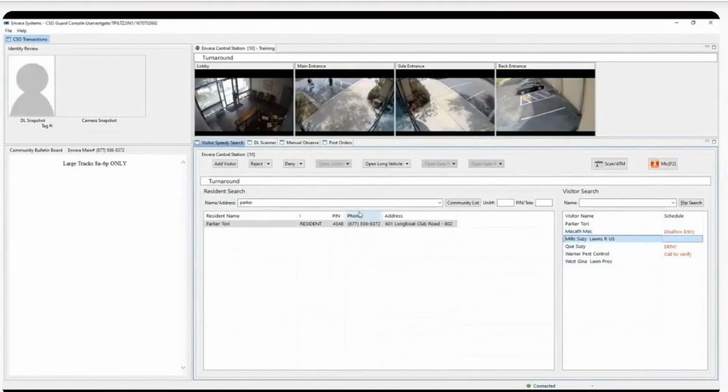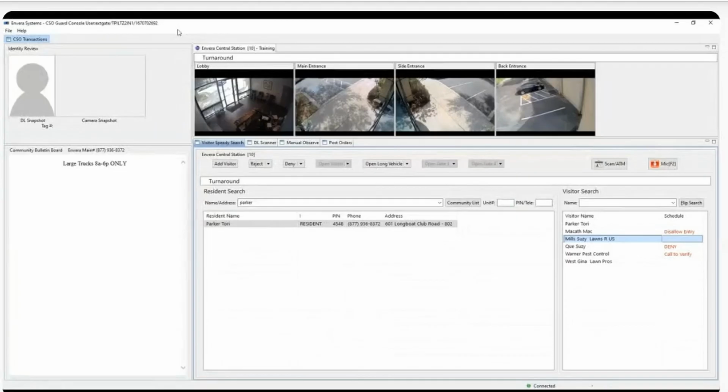It's very important to make sure the correct resident and visitor are selected, creating a match before opening the gate. This creates a record with the date, time, resident, and visitor for reporting purposes. Also, residents can opt in to receive notifications through Envera, which will include the information you select in the software. Do not rely on any buttons inside of the guardhouse to open the gate. If transactions are not processed through the software, the community will not have their records and the residents may not